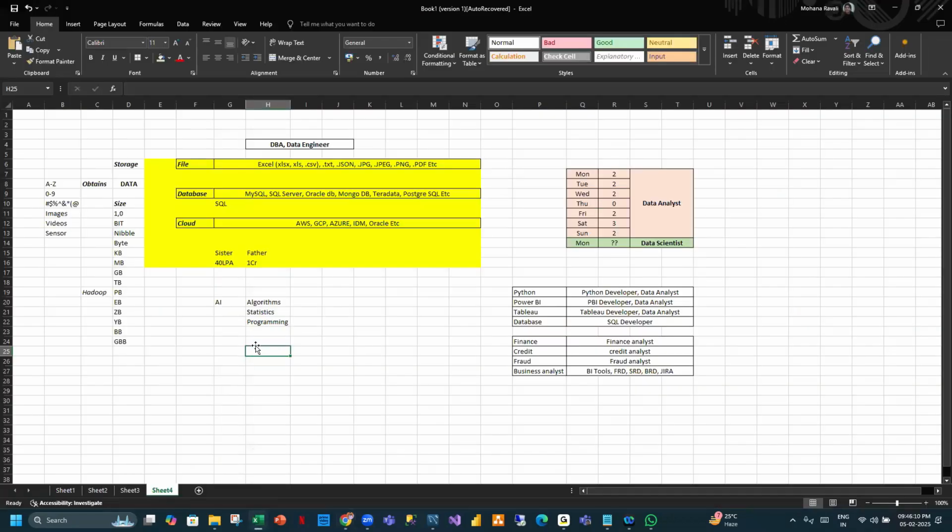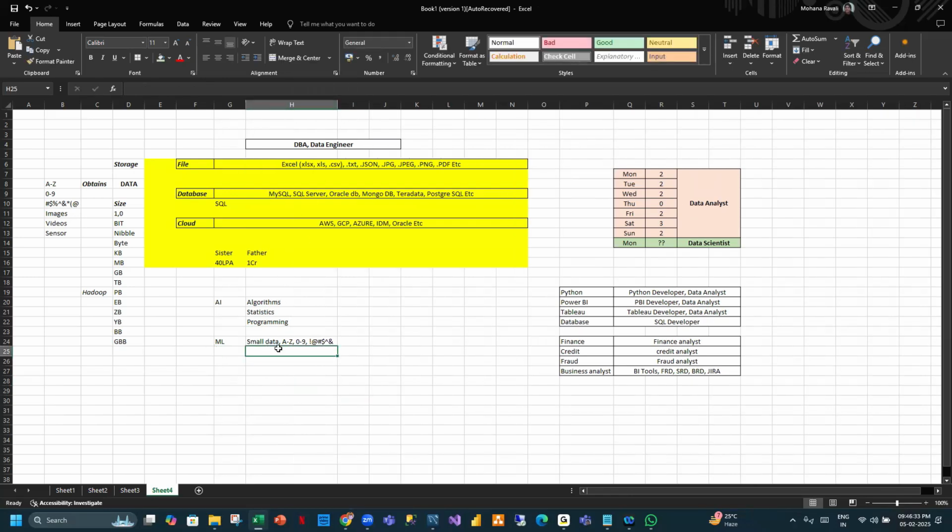So what is this machine learning, ma'am? Machine learning will work when you have not very large data, I'll say small data. I mean, it will be in TBs, small data, and it will accept A to Z, 0 to 9, and special characters. Got it? And if your data size is increasing to larger data, we go with something called neural networks.